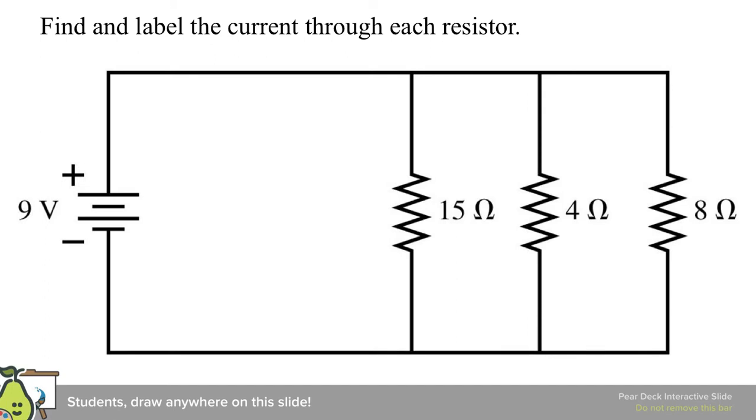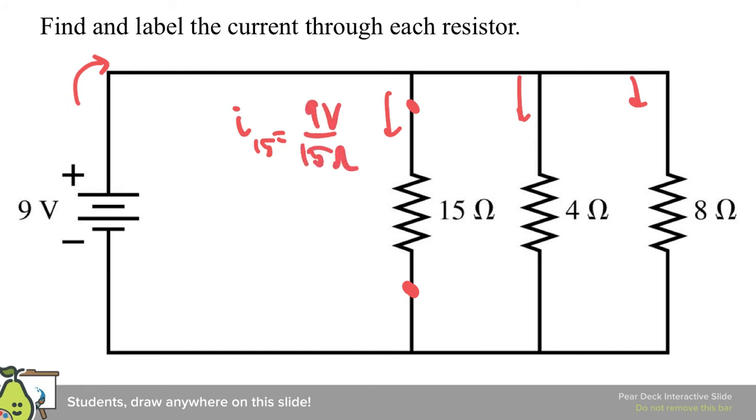Find and label the current through each resistor. I'll be honest, my first instinct would be to find the equivalent resistance so that we could find the current that's drawn, and then have it split into each of these. But that's kind of silly, because we know for each of them, between here and here, for instance, the current through the 15 ohm resistor is going to be the voltage across it, which is 9 volts over the 15